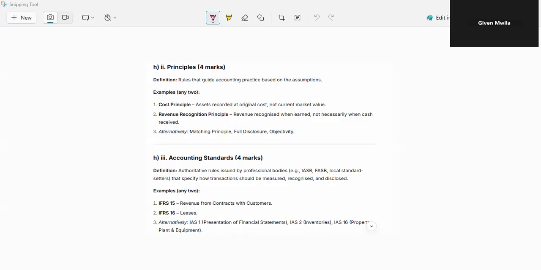So these are called accounting principles. They are rules that guide the accounting practice used on the assumptions. We can give 2 examples: the cost principle and the revenue recognition principle. The cost principle is simply a principle that assumes assets are recorded at their original purchase price, meaning you record what you paid, not the current price. So if the machine was 10,000 kwacha, you record it as 10,000 kwacha,